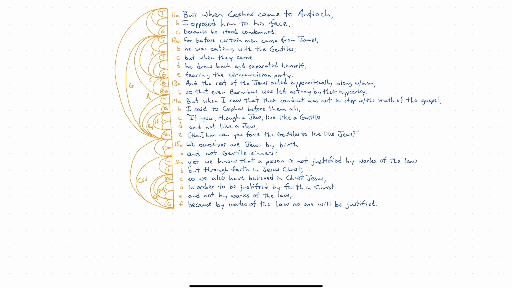And I think I can hear Paul being a little bit sarcastic, borrowing the racially motivated language that was being used to put the Jews up a tier and the Gentiles down a tier. For we ourselves are Jews by birth and not Gentile sinners, yet we know that a person is not justified by works of the law, but through faith in Jesus Christ. So we have also believed in Christ Jesus in order to be justified by faith in Christ. I think for makes the most sense of this relationship right here. And so that's an example of trying on some different keywords for size to see what best fits the relationship. And so I'm going to go ahead and label this as a ground,